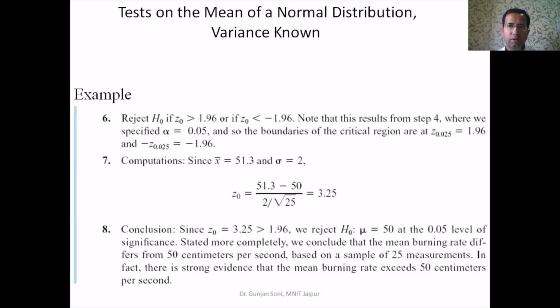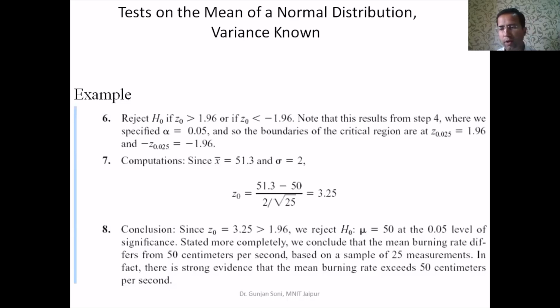So the boundaries of the critical region to the left is minus 1.96 and to the right is 1.96. Now that 5% we had to split it into two parts. 5%, that is 0.025 left and 0.025 right. So the calculated value is coming out to be 3.25, which is very much in the critical region to the right side of the normal distribution. So we can conclude that